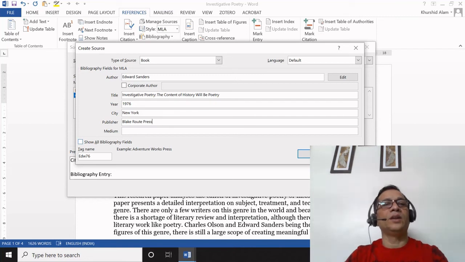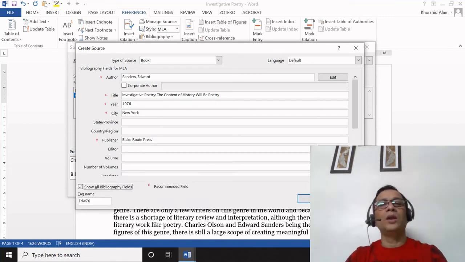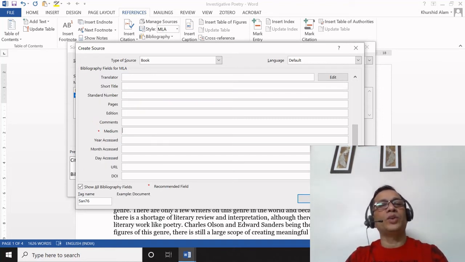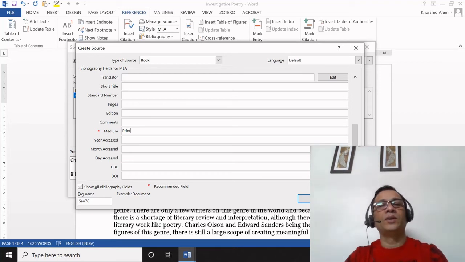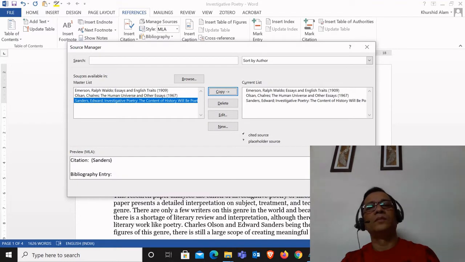Once again I will click show all bibliography fields. This is required particularly to make sure that you have filled all the mandatory fields. Here I see that one mandatory field is still left out, so I have mentioned it as print. Click OK.